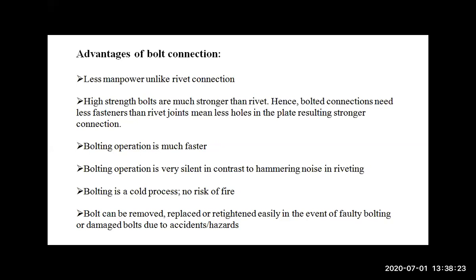I have told you, please be with pen and your notebook. The theoretical part I am not giving you as notes, but you have to write while listening. So the first advantage is less manpower, unlike riveted connection. Less manpower means if we compare all the other connections, riveted and welded, what we have to do in bolted connections,